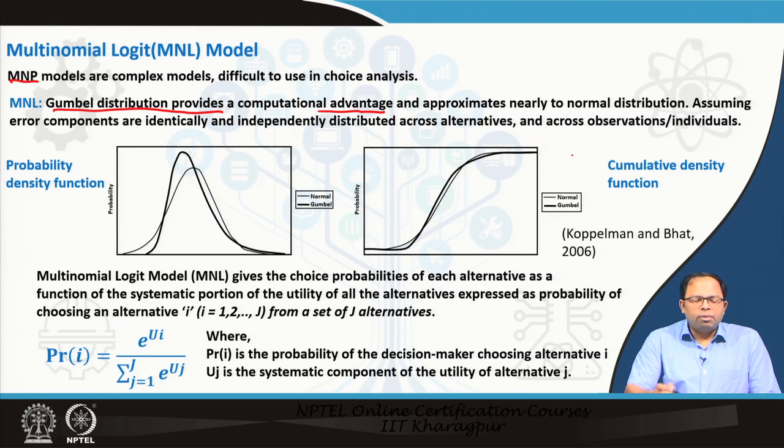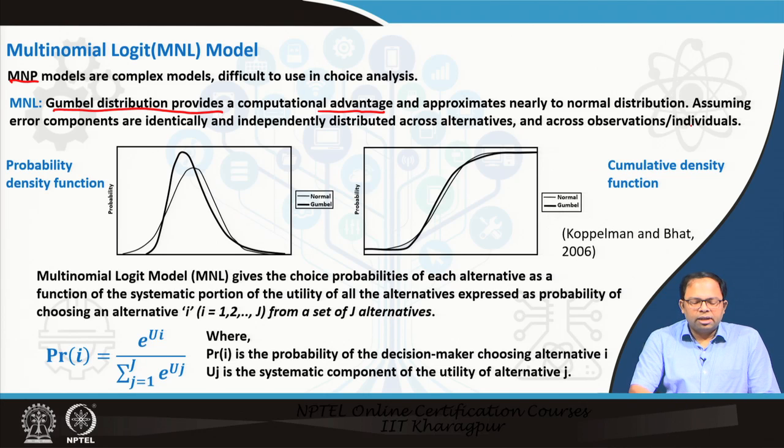But the problem is that the equation used for the Gumbel distribution is much simpler, and that could be used to develop a model which is easy to solve. This could be used to develop the multinomial logit model instead of the multinomial probit model. So, assuming error components are identically and independently distributed across alternatives, across observations and individuals, we can say that